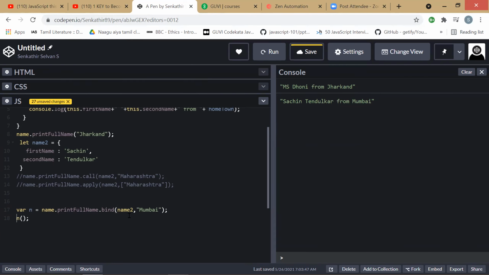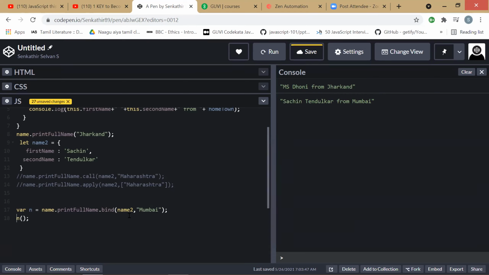Any other difference you can see? Another difference would be the way we pass the argument. Between call and apply, we use the array format only in apply.